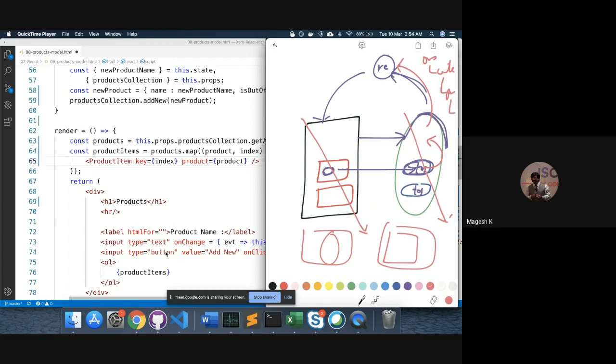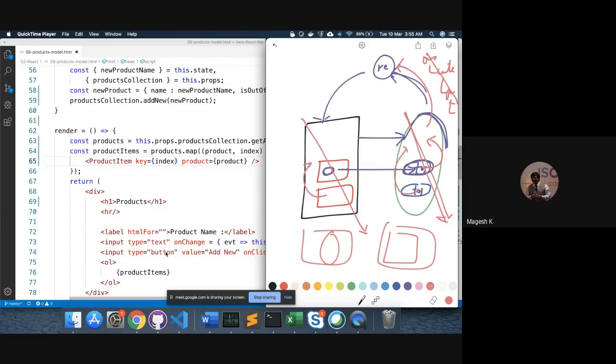So when the hierarchy grows either at the UI level or at the model level, we cannot avoid reverse communication. So either the reverse communication should happen at the UI level, or it should happen at the